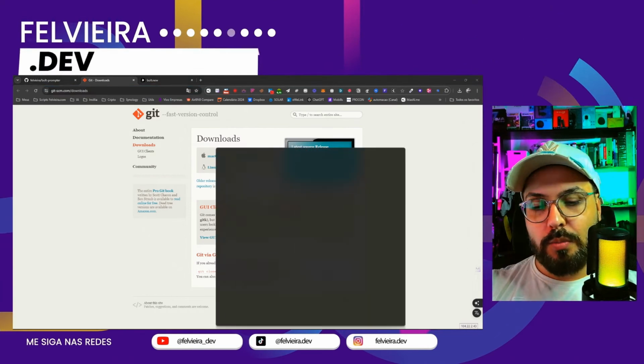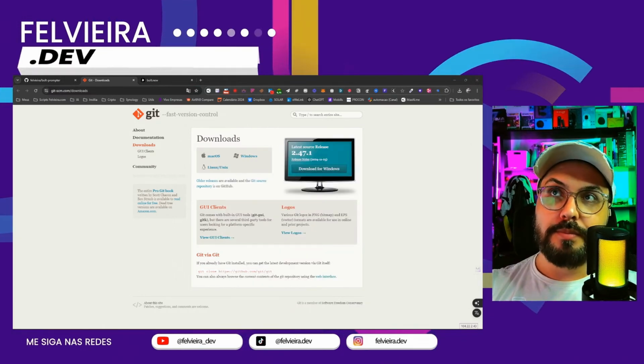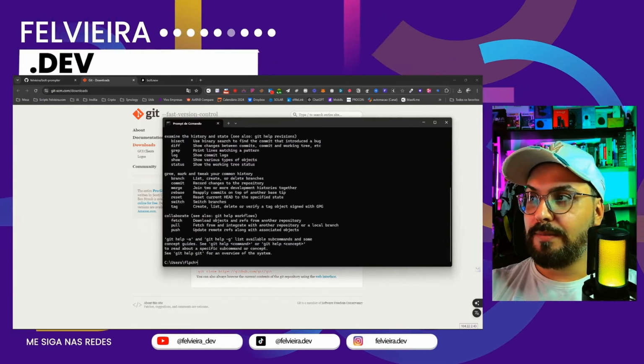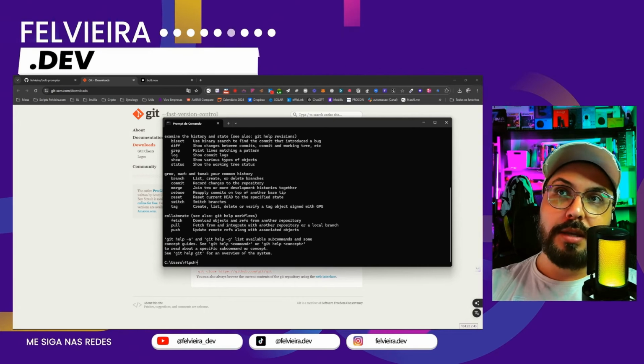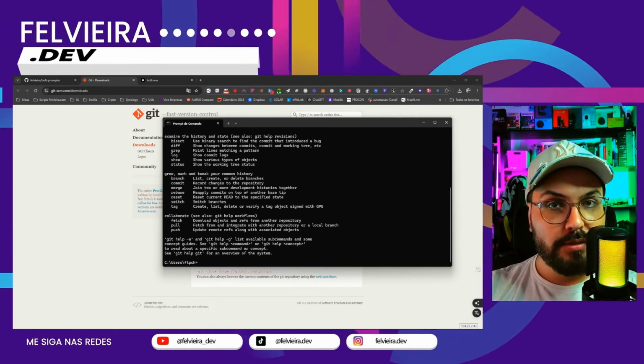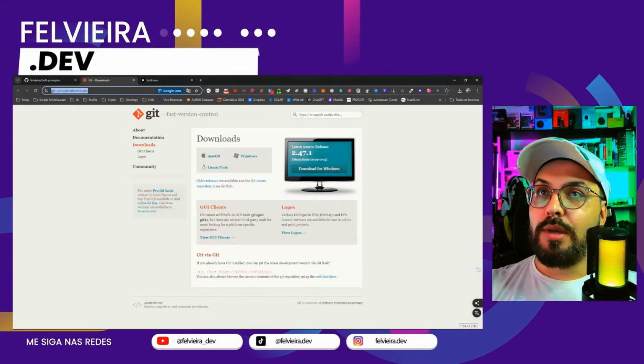You can open your CMD, which is the command prompt, and you can type there just Git, only Git, and it will show you everything you can do via command line with Git. So great, Git is installed. So what we are going to do,